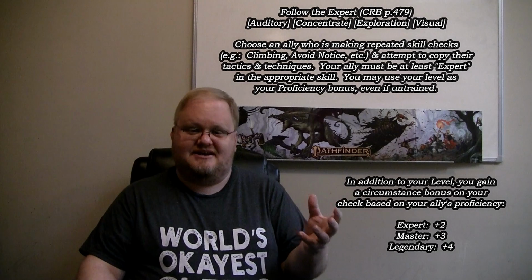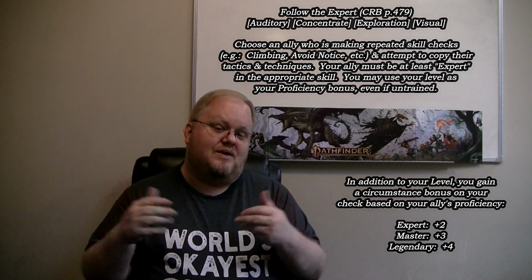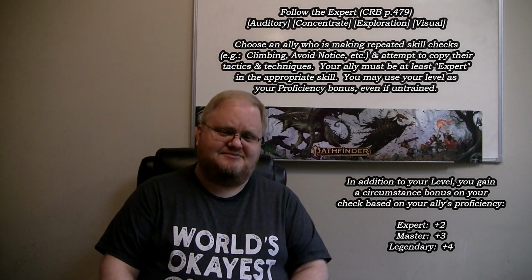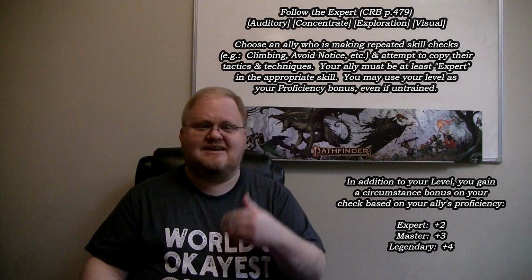The rogue can attempt to assist the warrior, and we talked in the previous video about the role playing out how the rogue is assisting, how the warrior is following along. But one player can attempt to assist another player and allow them to have a higher bonus when they attempt that particular skill. Now there are some restrictions here. First off, following the expert is typically going to have the auditory and visual traits, and it definitely has the concentrate trait. And the character that is helping their allies must be at least expert in the skill in order